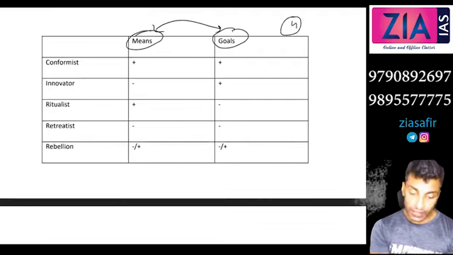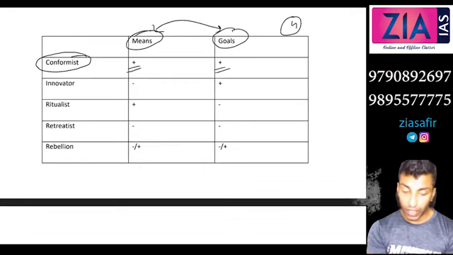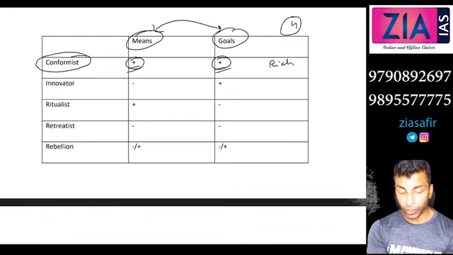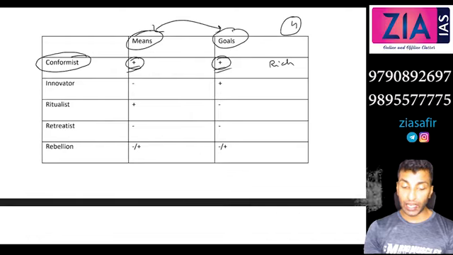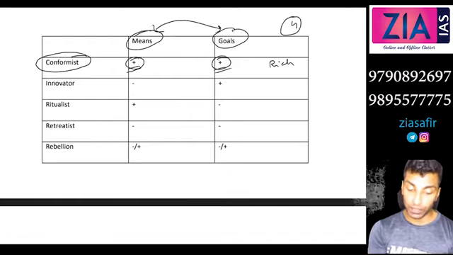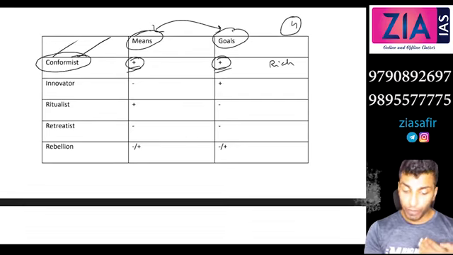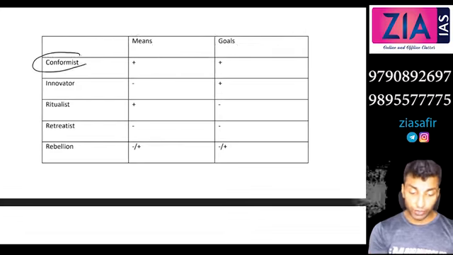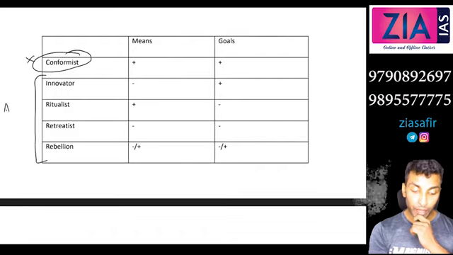Okay, so first case, conformist. That means there is no discrepancy. You follow the correct means, you follow the correct goals. You achieve the goal, you follow the means. You want to become a rich person, okay, that is the goal, and you go for employment and you do the business and you do all this possible legal activity and you become rich. So that is conformist. Even if there is a difficult situation, the conformist will try to follow the proper means. There won't be any violation. Okay, so that is the first case, conformist. So this is not part of anomie, but these four are part of anomie situation.